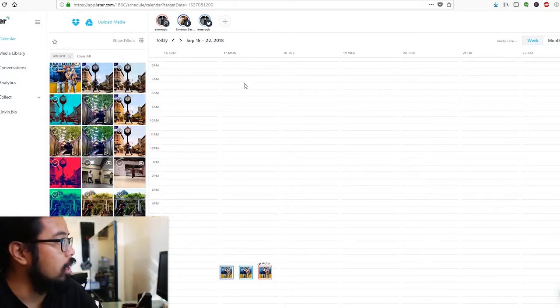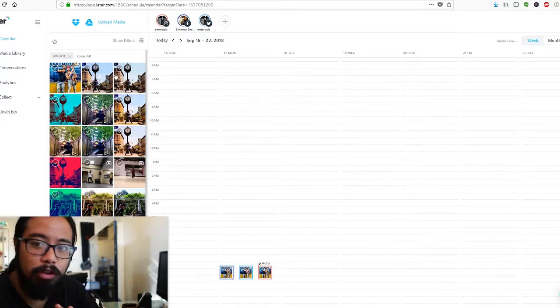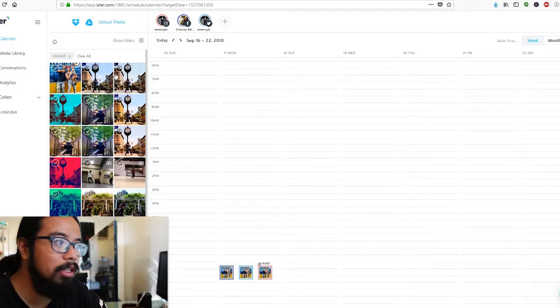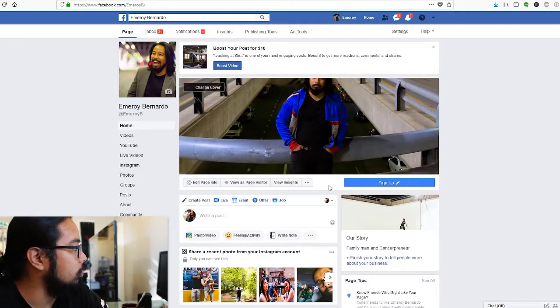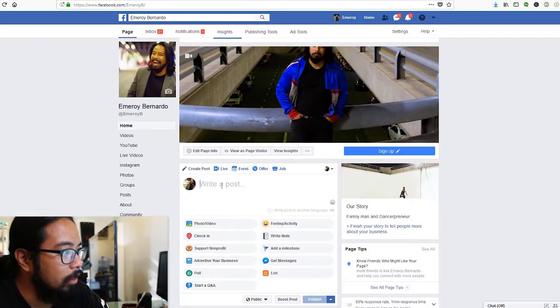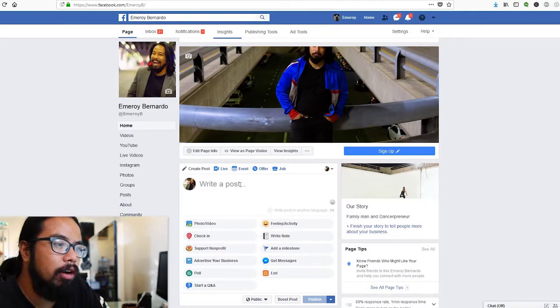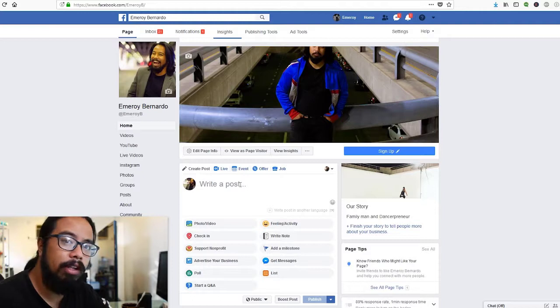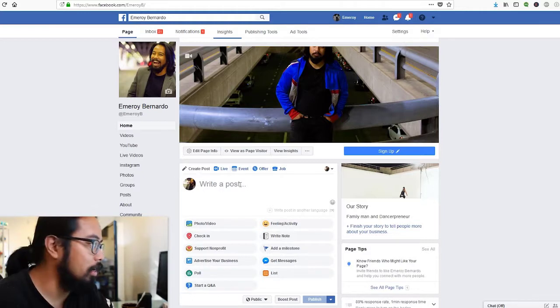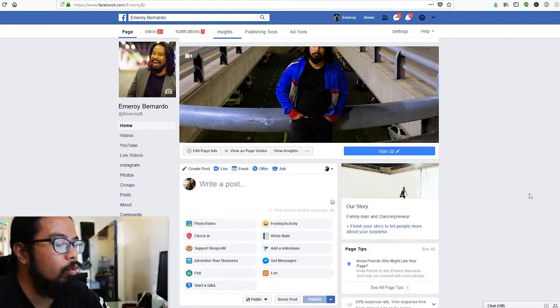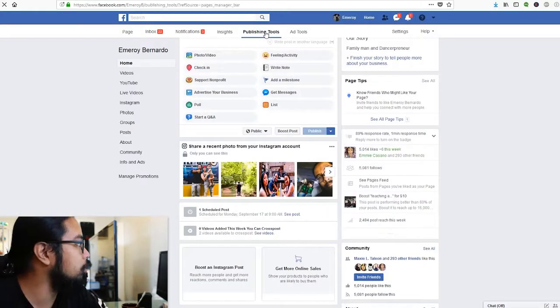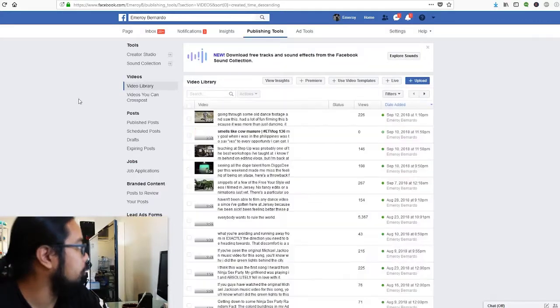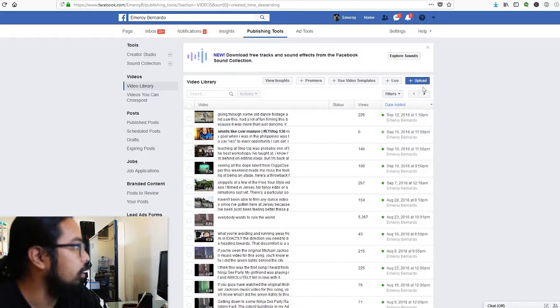Now, scheduling natively on Facebook, if I could, I would primarily stay on a third-party platform because it's so quick and easy. But there's a reason why you want to schedule on Facebook natively, specifically if you're going to be uploading videos that are longer than 60 seconds, because of the details you can put with your video, and then after that going into the video library as I explained previously. So once you've got your video, just go to your publishing tools, there you go, video library, and then let's upload directly.